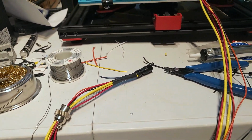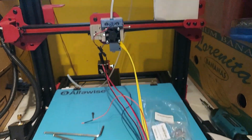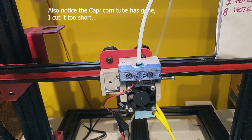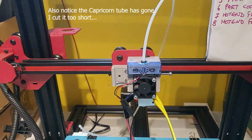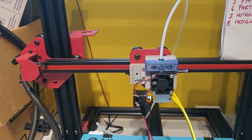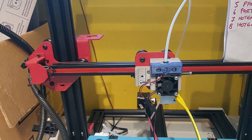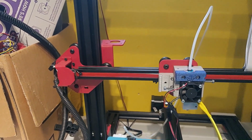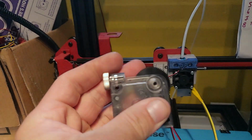I'll just get it all ready. Also, you'll probably notice on this look up here, the extruder isn't on. I will be fitting an e3D, I cannot remember the name of it, a Titan extruder. I've got that here, and the motor